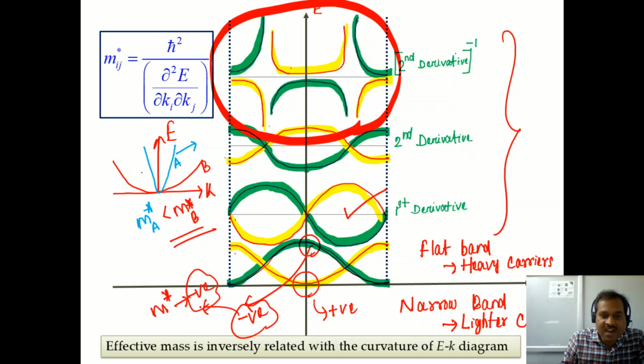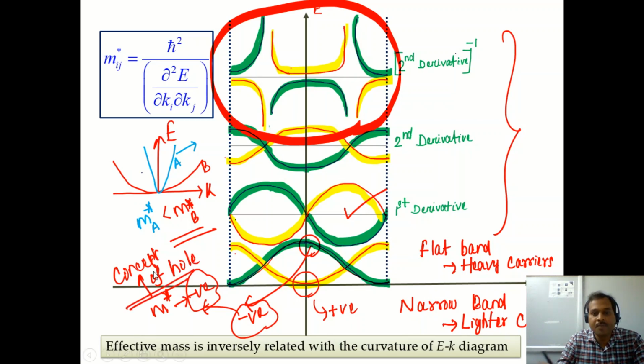So from this idea we can obtain the concept of hole, which is the other type of charge carrier present in insulators or